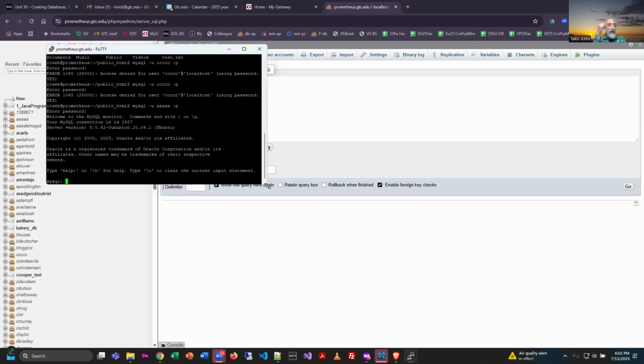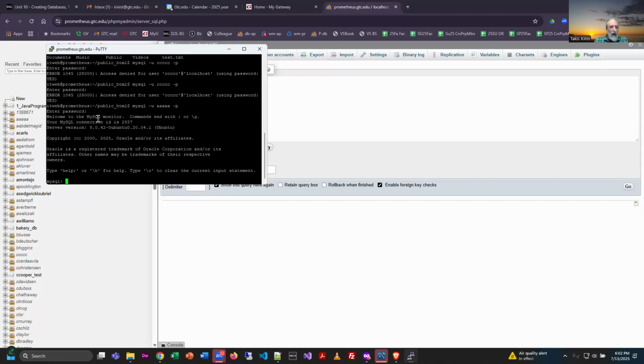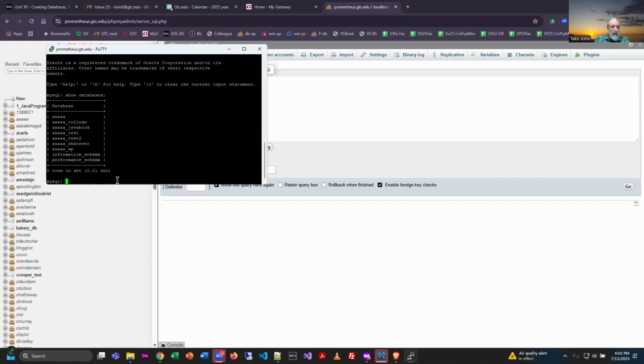Okay, now I'm in, and what you'll notice, and I don't know if you guys can make this out, this is how it is on the command prompt, but I am now inside of the MySQL program called MySQL Monitor, which is a command line database management system. And now that I have a prompt here, I can type all the database commands that I could type in a query window inside of MySQL Workbench. So for example, I can do a show databases semicolon command, press enter,